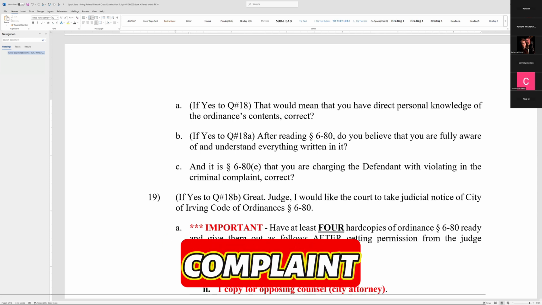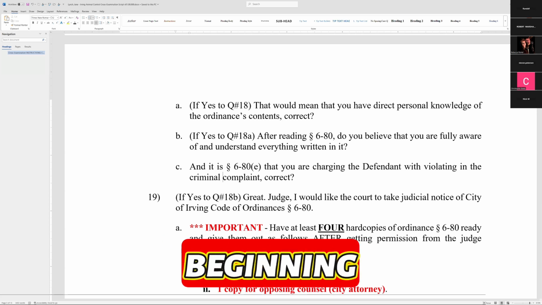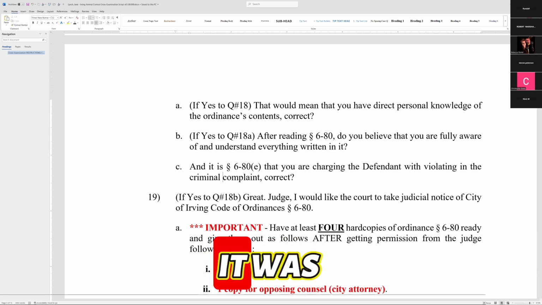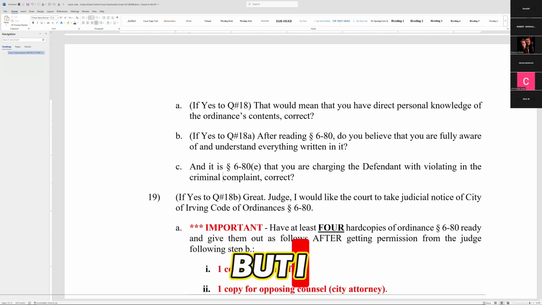And do they read the complaint before or after that? They read the complaint at the very beginning, before they called them in to swear in, or after they swore them in and they left. It was before. I can't remember. I'll have to go back and look. But I know that